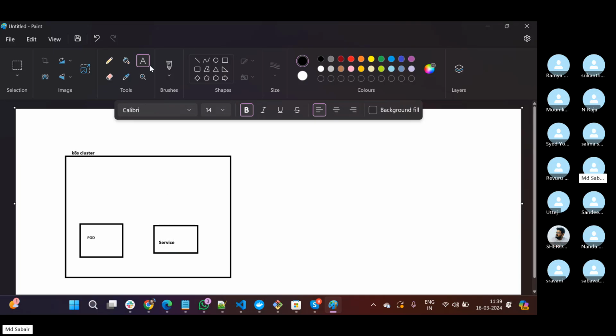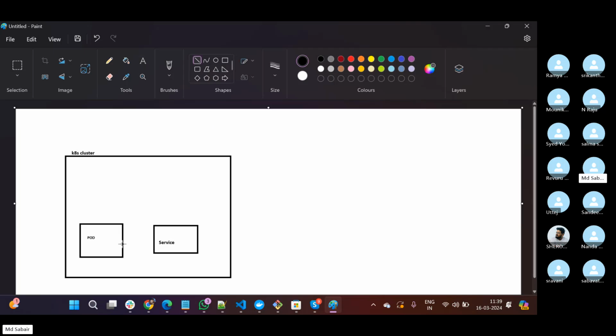This service can be either NodePort or LoadBalancer to expose to the outside world, right? So this pod is mapped to the service,